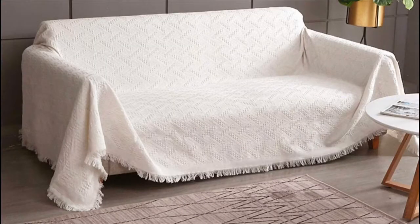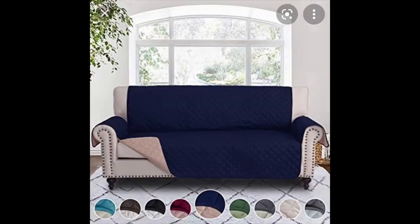So I always recommend people go with neutral furniture. I know those who have kids really balk at having neutral furniture. But there are so many ways to make sure your furniture stays clean, from good cleaning products to an over-the-counter rug, layover, or couch cover that you can buy. Sometimes even a simple plain blanket works. I know my sister does that all the time when her son is drinking milk, she just spreads a blanket and makes sure he stays in that designated area and drinks his milk and finishes it. So you can do simple things like that and still have neutral tone furniture